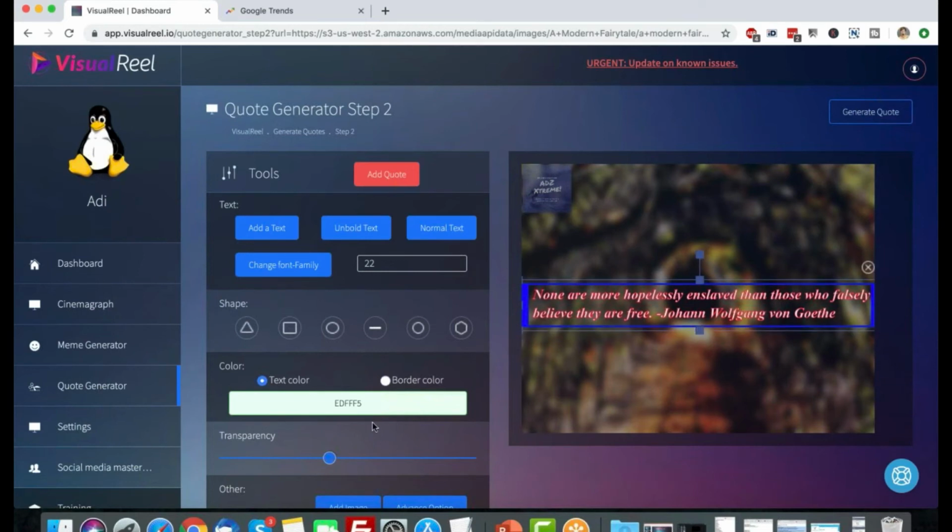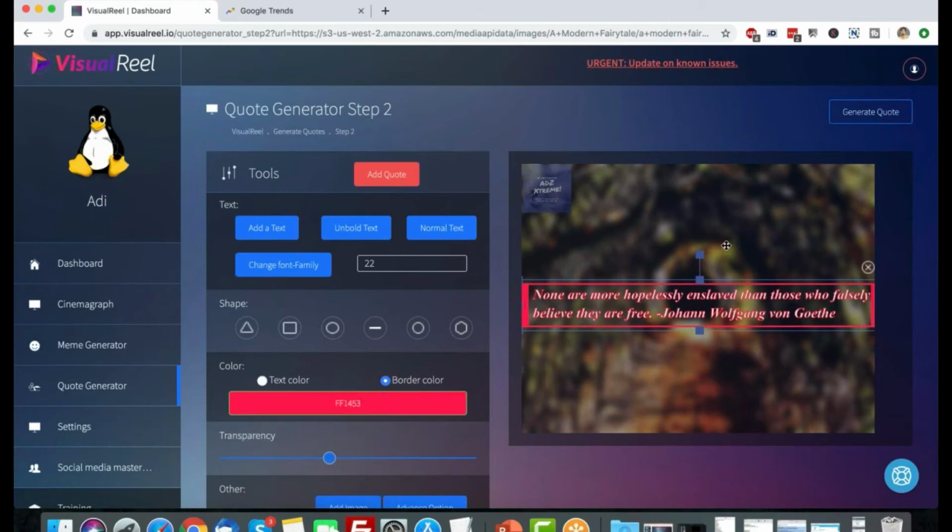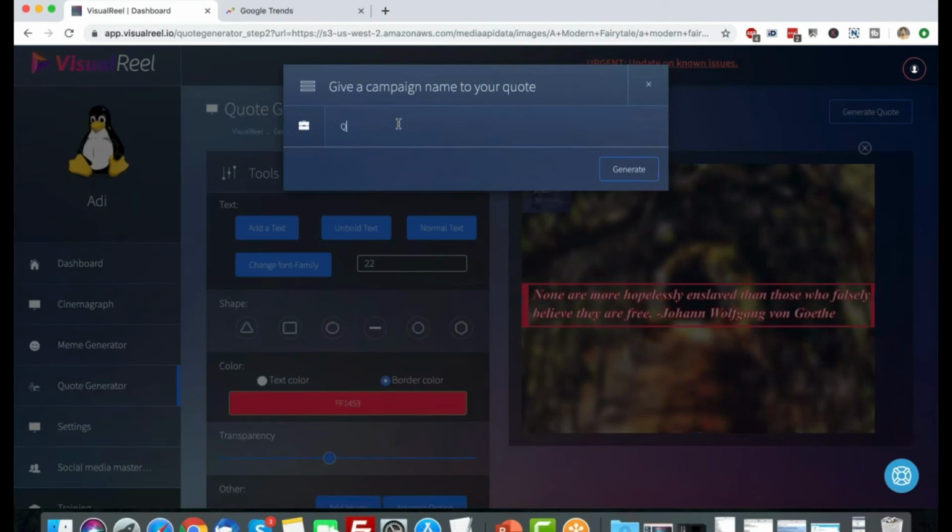I can change the border color of the box. And I have a quote image ready. All I have to do is click on generate, give it a name, and just click on generate.